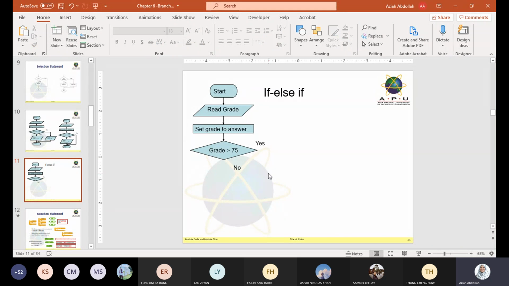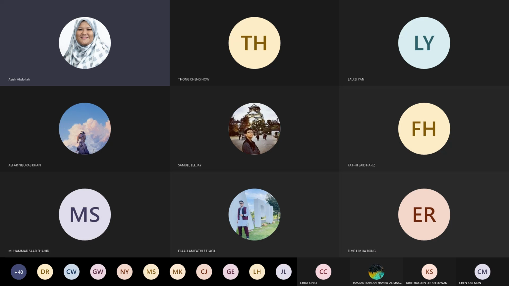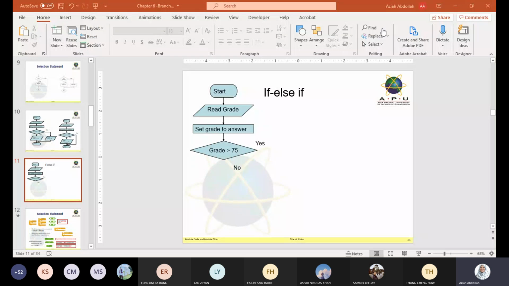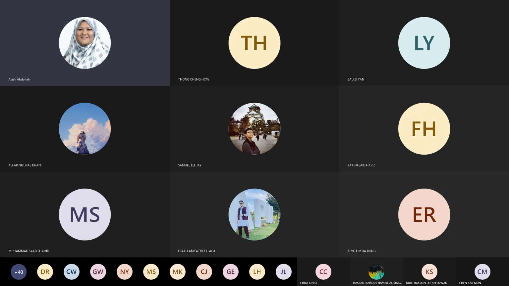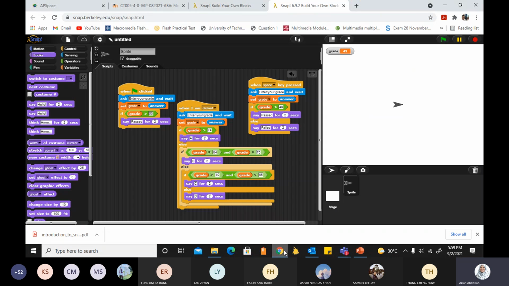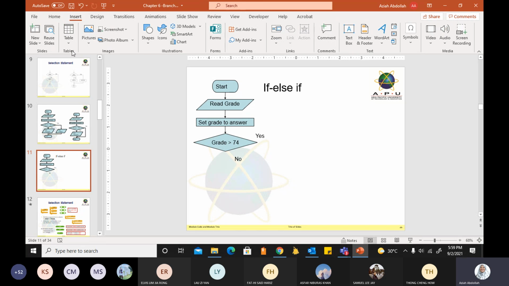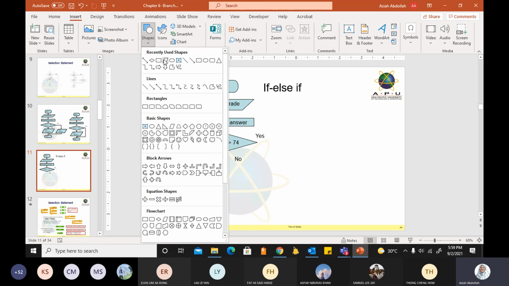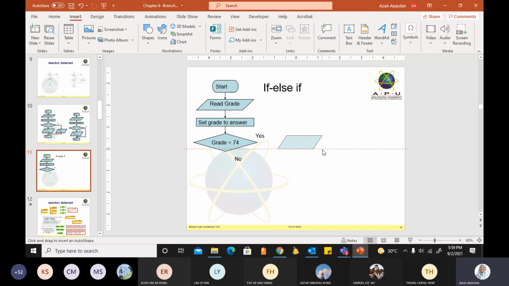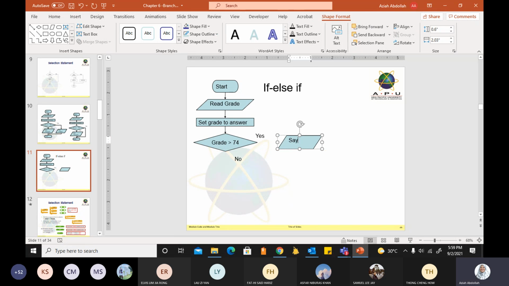So when you set grade greater than 75, let me share the whole screen now, because I want to open Chrome as well. So here, if greater than 74, okay, 74. If yes, then we call our parallelogram here. Then we will print A. If no,